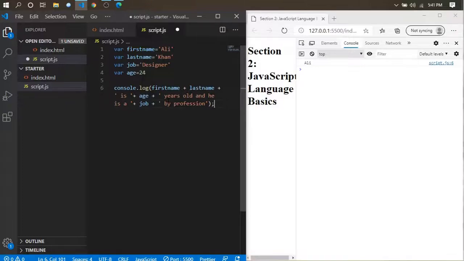So this is how you output the variables along with the strings. So let's save it. So it says that Ali Khan is 24 years old and he is a designer by profession. Alright. Now let's say, just comment it. Now I would write an alert, and it would say,